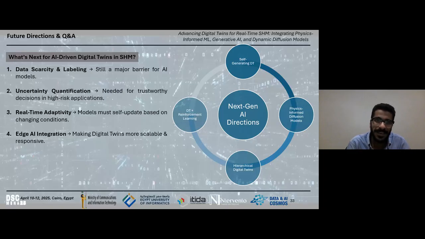Okay, so to wrap up, I think the future is really bright and amazing for us as civil engineers, and for anyone fascinated by these technologies and interested in how you can enhance your ability by integrating them into your field or area of interest.